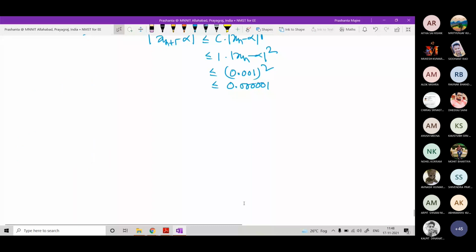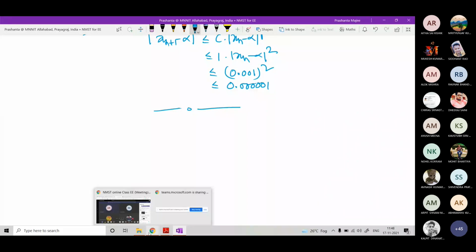So now we'll be discussing how we determine that the bisection method has order of convergence 1, the regula falsi method has order of convergence 1, the secant method has order of convergence 1.62, the Newton-Raphson method has order of convergence 2, and the successive approximation method has order of convergence 1.